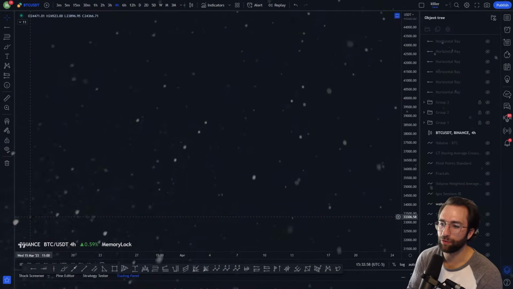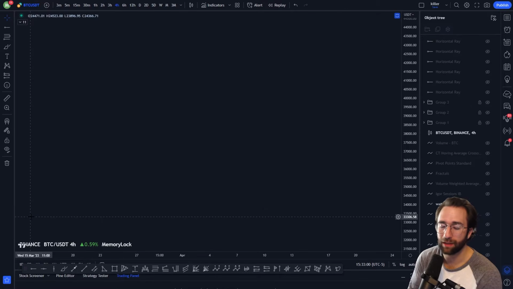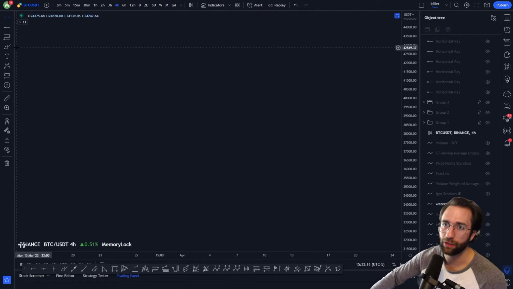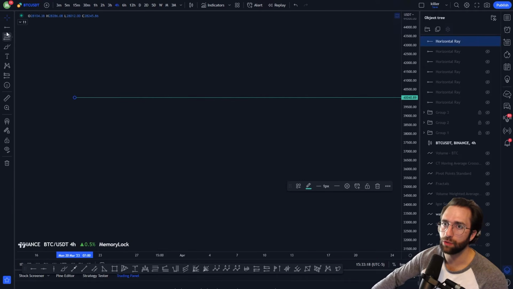We're going to be reviewing swing failure patterns, and I think a lot of you will find this really useful because I get a lot of questions about, hey, is this confirmed yet? How do I know if this is confirmed resistance or support? And swing failure patterns can really help you do that, right? So we'll take a look at it in range trading as well as using it to